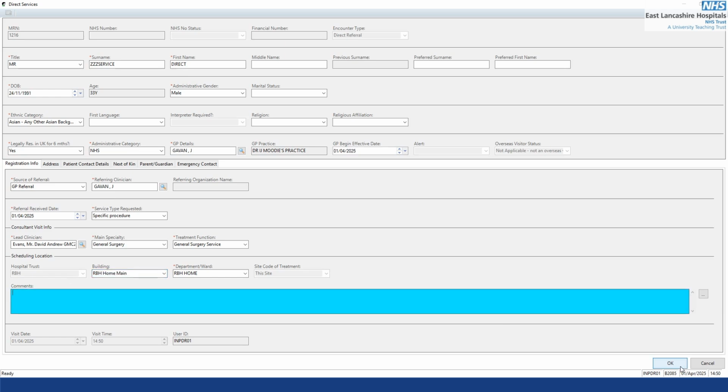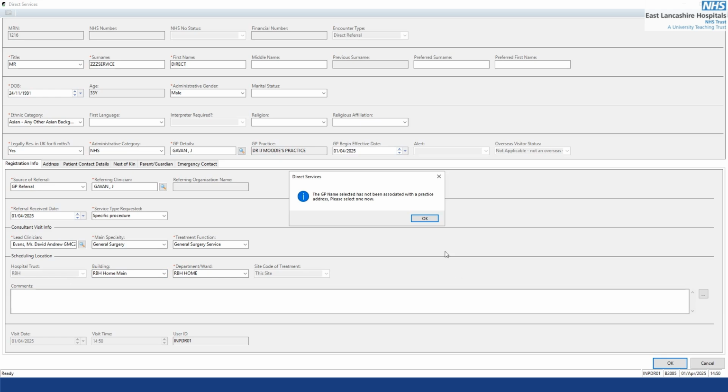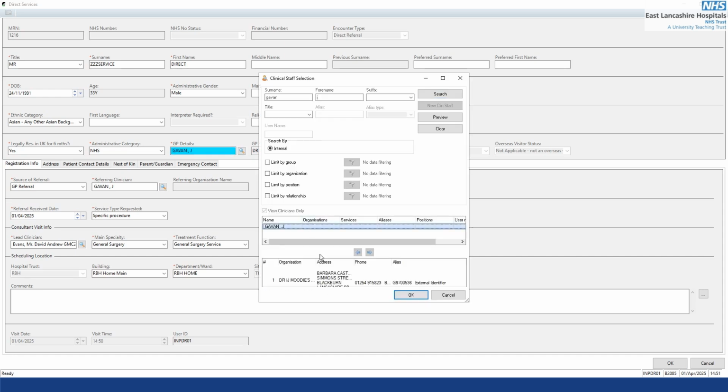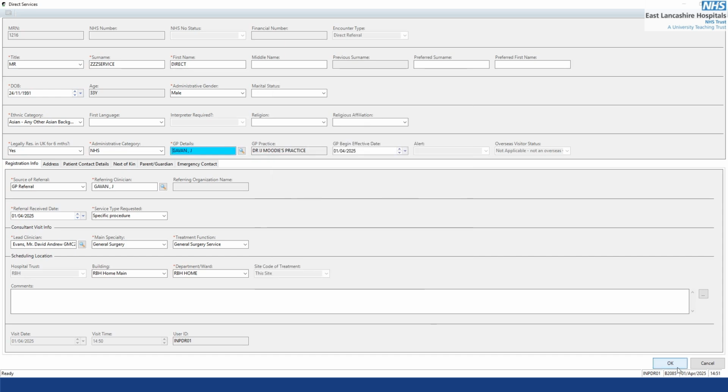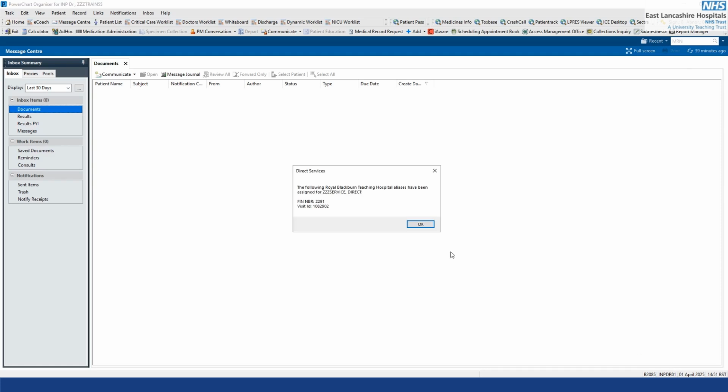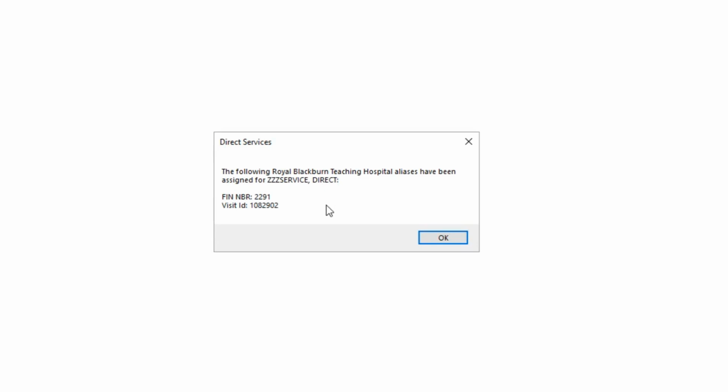I'm then going to select the OK button in the bottom right hand corner. It's wanting me to associate the GP practice again. Let me try giving that a go here. Okay, that's gone ahead and done that, brilliant. With associating the GP practice, I wouldn't imagine that would affect a live patient. But if it does, it's just a case of selecting the patient's GP like I did so then. And then you'll see this message appearing saying that it's created a direct service